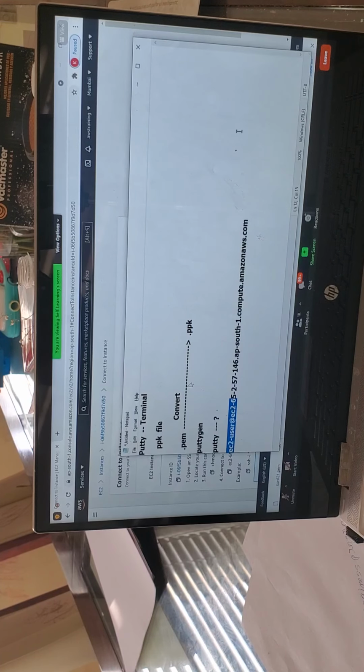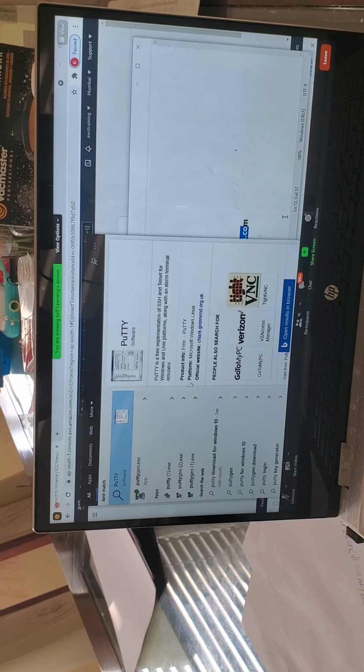You need to provide that, and you should also mention PuTTY needs what file? PPK file. You should mention where exactly the PPK file is available. Using the PPK file and this particular username@DNS name, your PuTTY will connect to that Linux machine which we have successfully created just now. Let's do that.